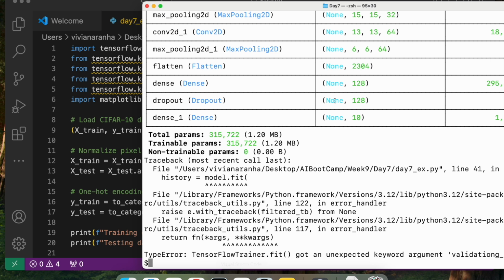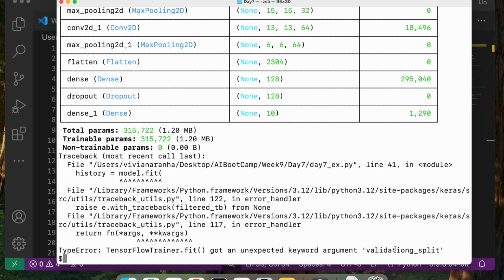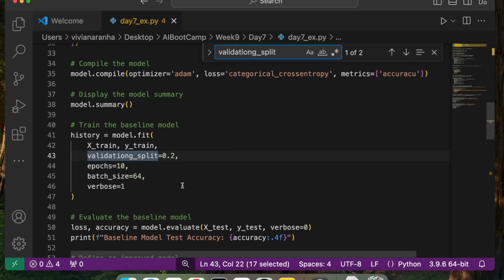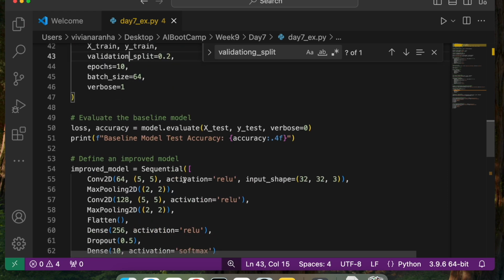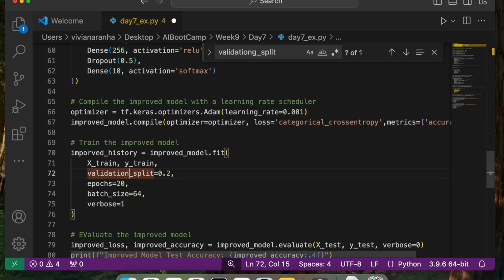And there you go. We have the summary, but it gave me an error here saying that model.fit says unexpected keyword argument validation split. Okay, looks like again another typo. Validation split equal to 0.2. Let's make sure that I don't have the same.